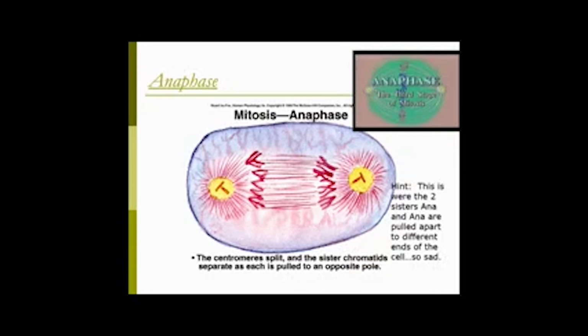And this is where the DNA really is divided in half. Before this, they had both halves together, both identical copies. This is where the DNA is sort of separated. So we got a full set of copy DNA on one side, full set of DNA on the other side. So watch the video and make sure to take notes.